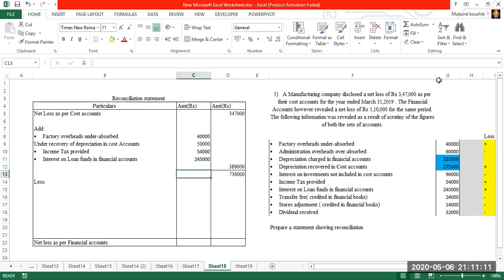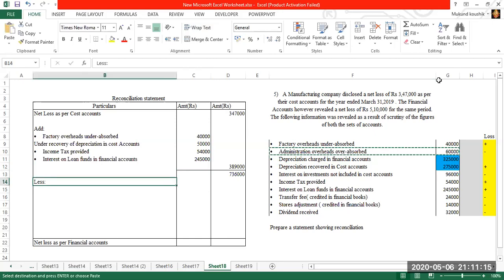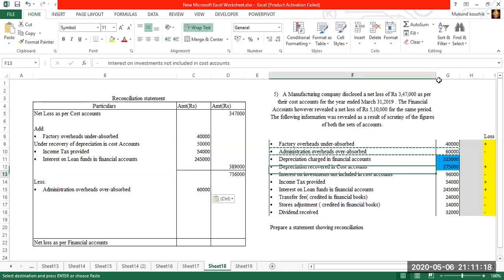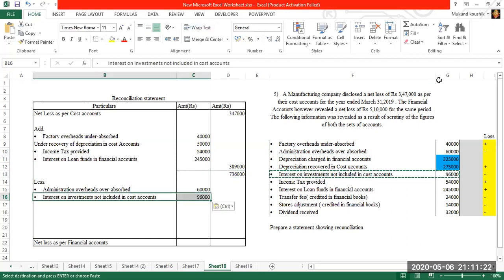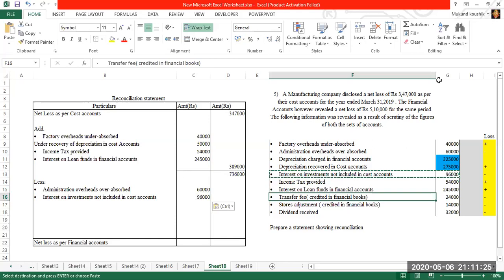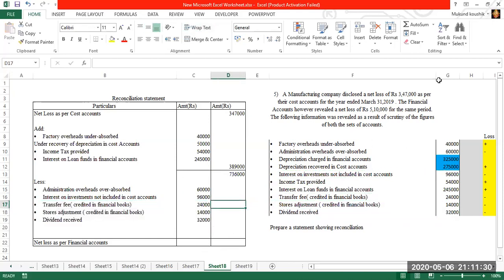Then again we have to deduct certain items. So what are we also supposed to deduct? That also we will record one by one in the reconciliation statement. So whatever we have to deduct, deduct all of it. So we will take the total of all the items which we are supposed to subtract. Now from this amount of 7,36,000 we have to deduct this amount and the balance will be 5,10,000.